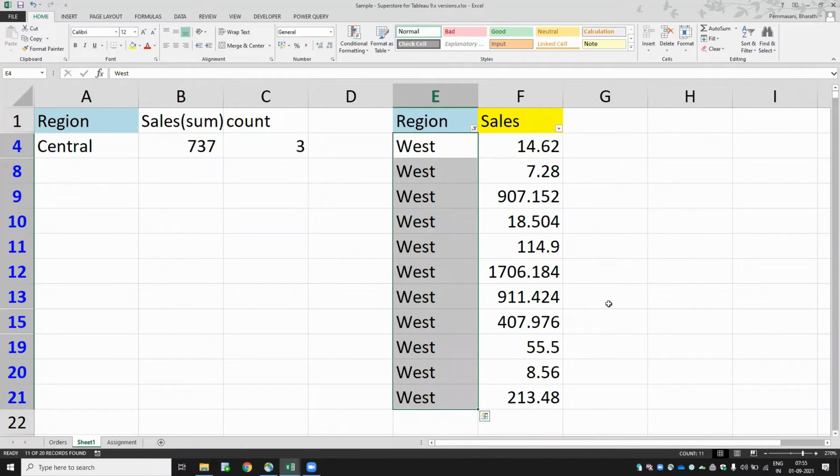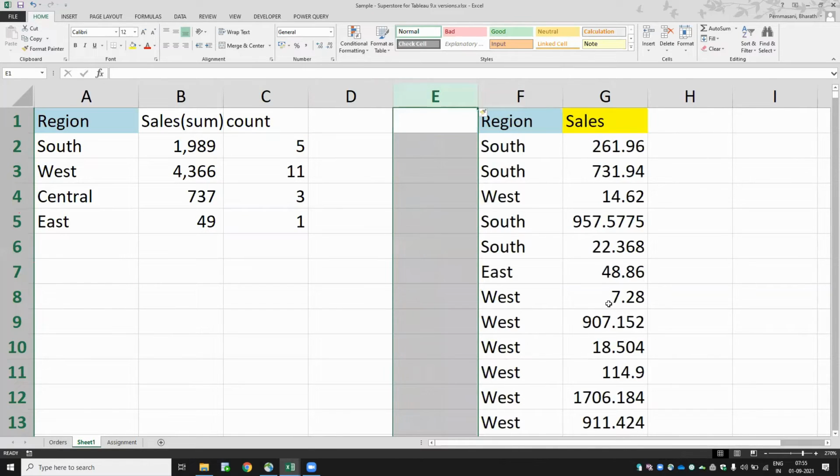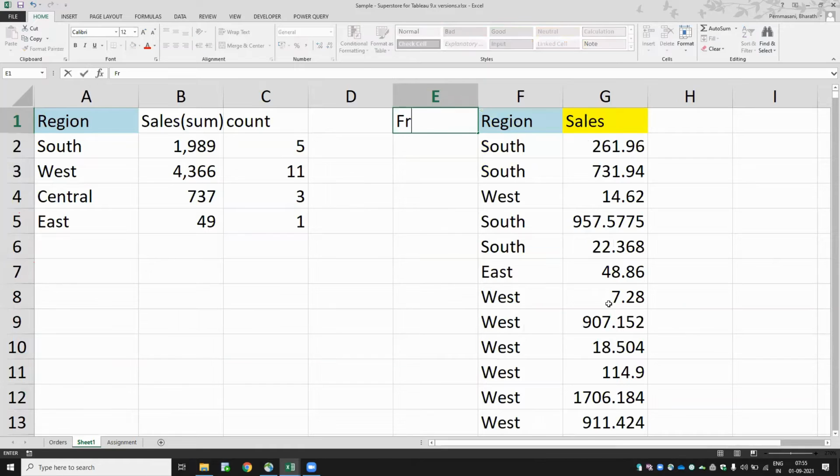11. Okay. So if I have multiple criteria, how do we go with multiple criteria? Category.